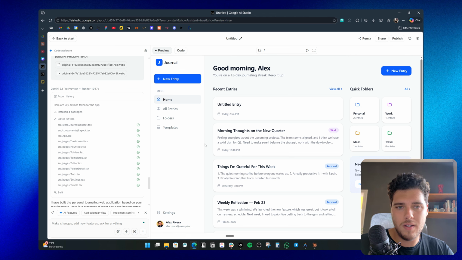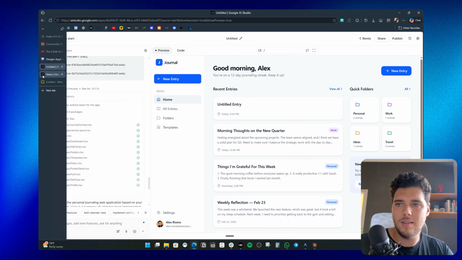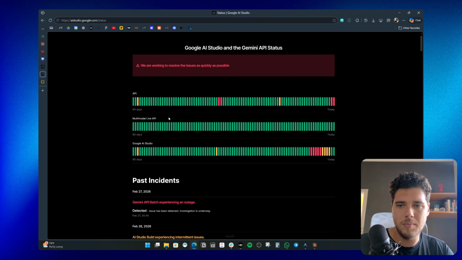So if this generates for a little over 10 minutes, just don't be worried. Just let it do its thing. I've also noticed throughout this last week that Google AI Studio, Google models in general have been a little off. And so you can come here to